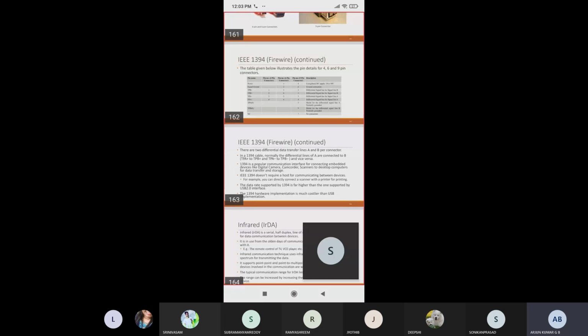And then again the TPS and TPB shield. Pin 4 is not available, and in the 6-pin connector that particular pin is also not available. In the 9-pin connectors, pins 5 and 9 will be there. There is a shield for the differential signal A, normally grounded, and a shield, meaning protection, for signal line B, normally grounded, and hence it is nothing but a no-connection. There is a dummy connection present in the pin number of the 9-pin connectors.